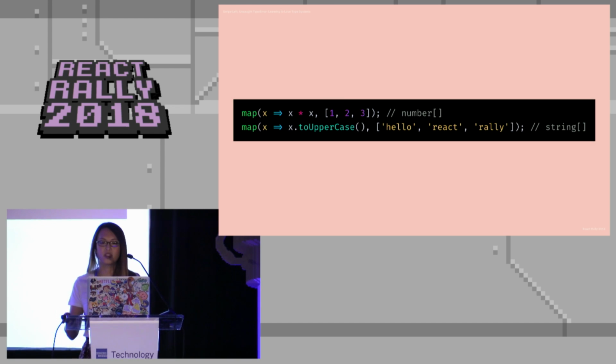Just by reading this type signature, can anyone guess what this function does? It's pretty obvious, but this function is exactly like array.map. And with this type signature, TypeScript knows how to type accordingly based on what you pass into it. And more importantly, you will know what is returned without having to actually evaluate the function. And you can now think about how your functions compose based purely on the inputs and the outputs of that function.